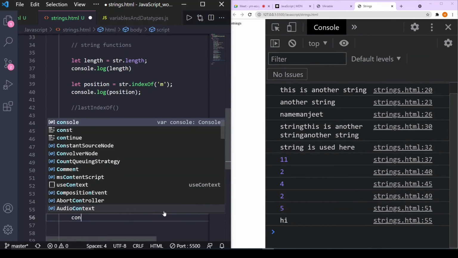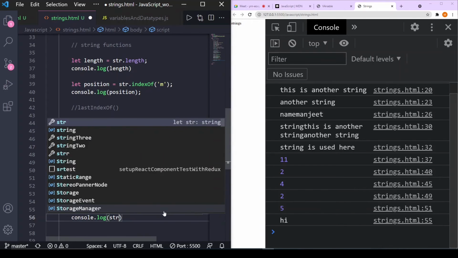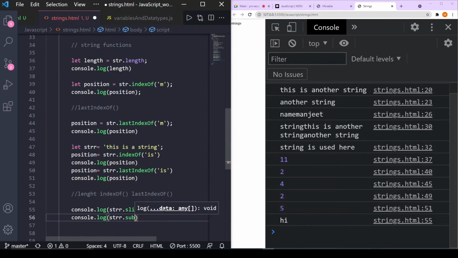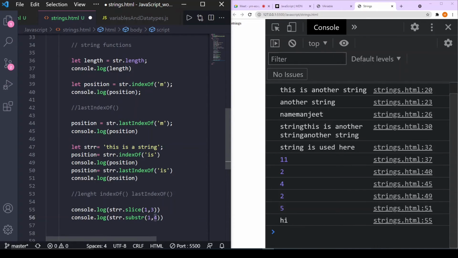And then there is another method, substr. So now let's see what's the difference between substr and slice. Let's use substr here. For substr we need two parameters. First is our start value, and after that we need the length. What does length mean? How many characters after the start we will need. Let's say, for example, from the start of index 1, I need four characters, a string of length four. So this four here denotes the length, not the end position or index. Let's see what it will output.